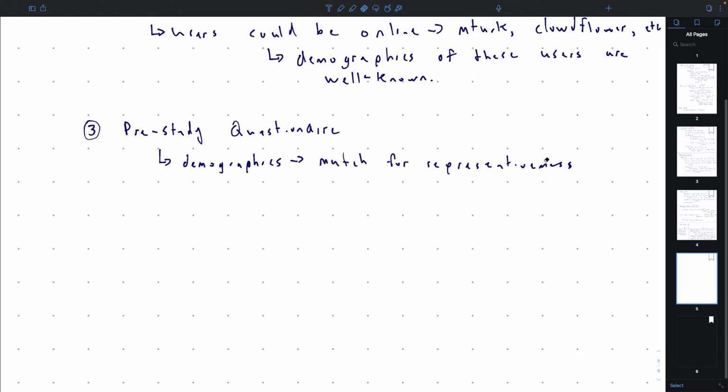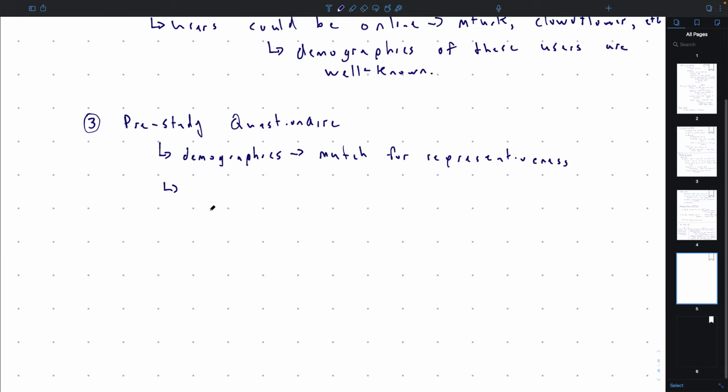So you try and match it for representativeness. You can screen participants, drop them for whatever reason.